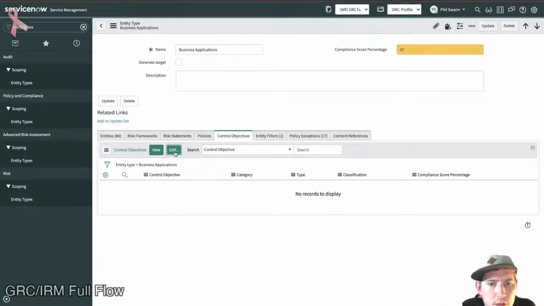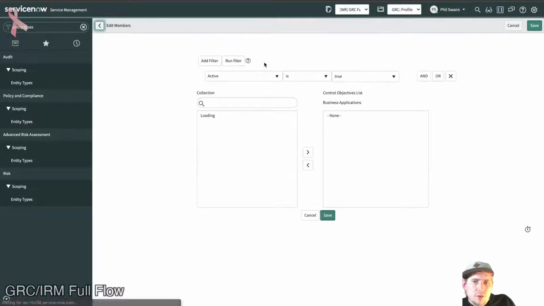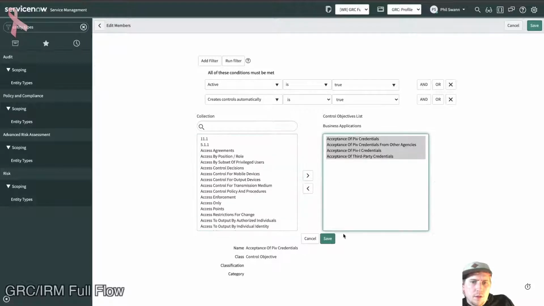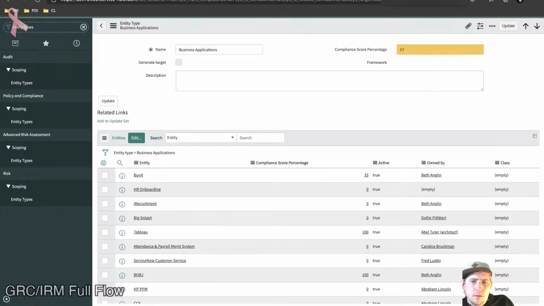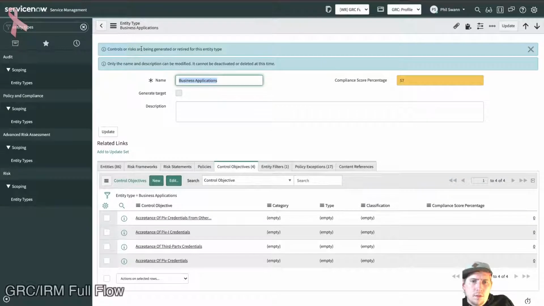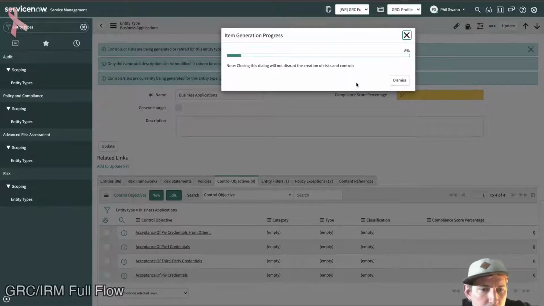I can attach a control objective. I just need to make sure active is true and create controls automatically is true. Run that filter. Let's throw a load at it. Now I've got the messages. That's good. So I've got 86 times 4. What's that? 160, 320, 344